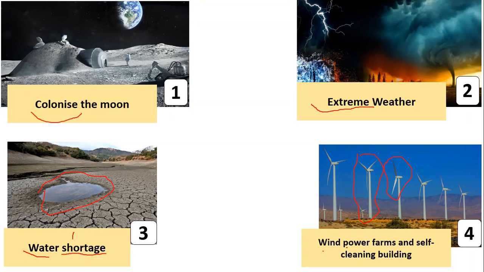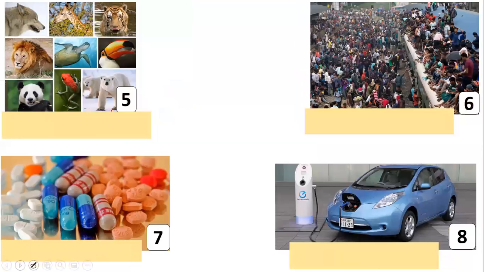So they are called wind power farms and self-cleaning building. Number 5, what did you put? Animals become extinct. Okay. So these are the animals that are in danger of extinction, right? Number 6,